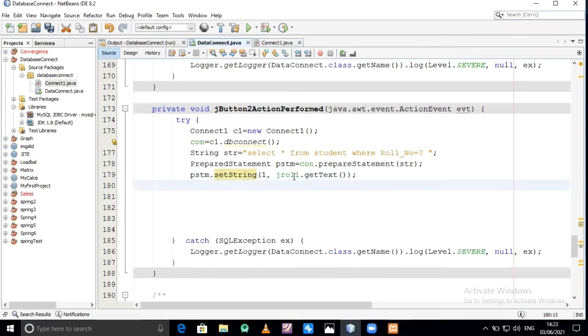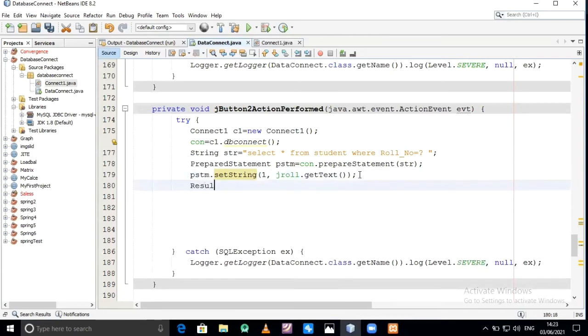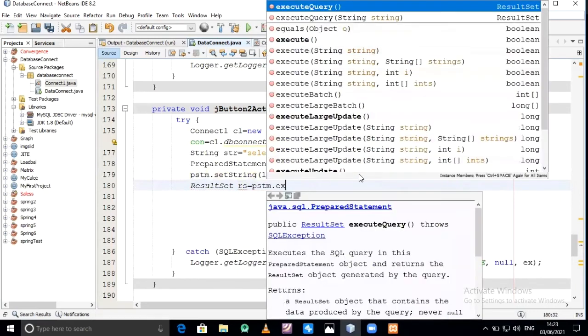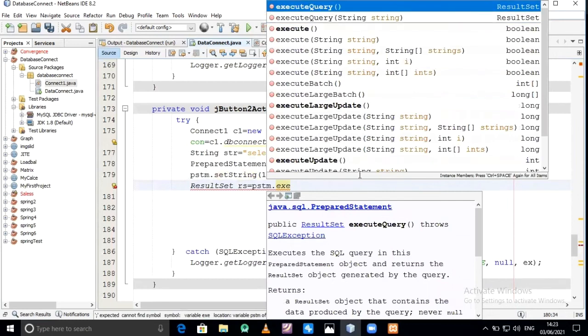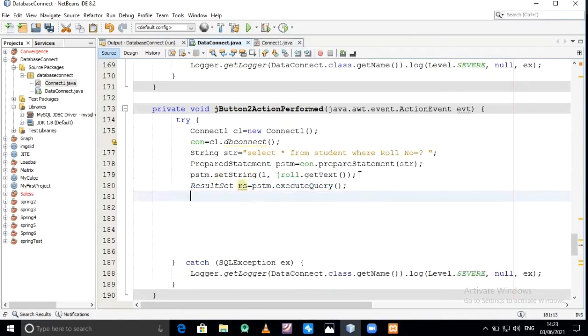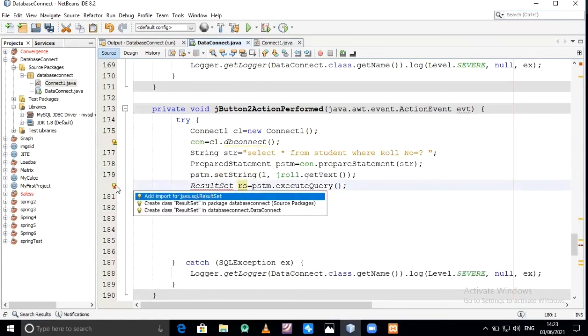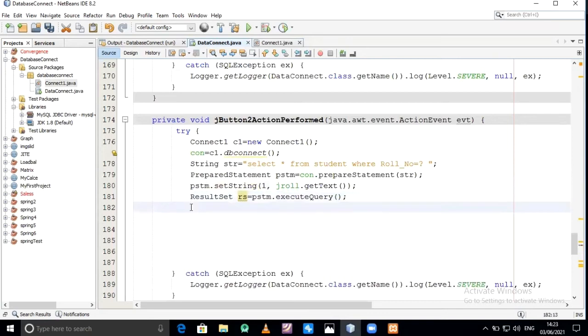So this information of roll number is available here, so that it retrieves the roll number which has the value given at jroll dot getText. ResultSet suppose rs equal to pstm dot executeQuery. It will check each and every record for that number.